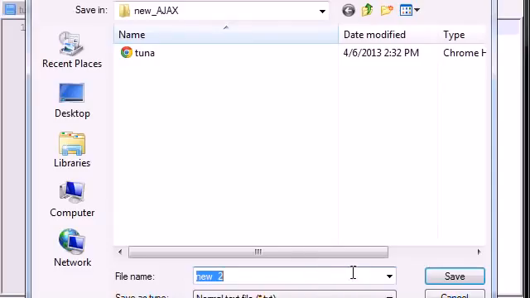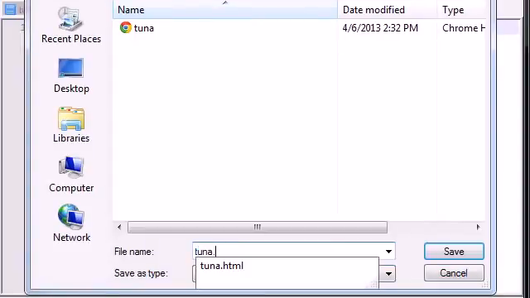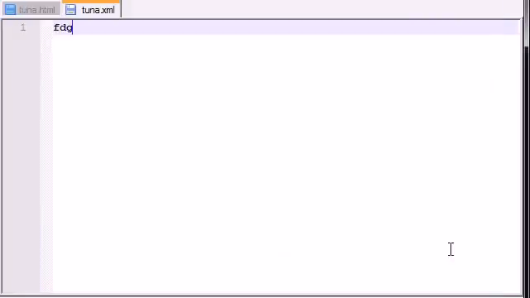So file, new. Okay, now let me just go ahead and save this as tuna.xml. Alright. Now the first thing we need to do is all the proper housekeeping stuff so our browser doesn't get mad at us. So XML